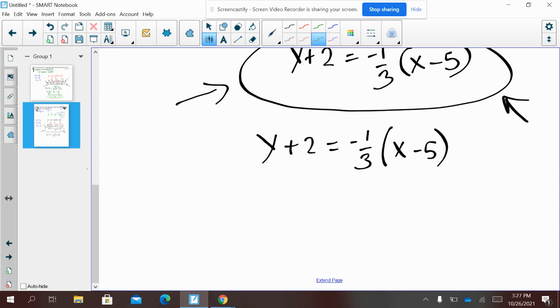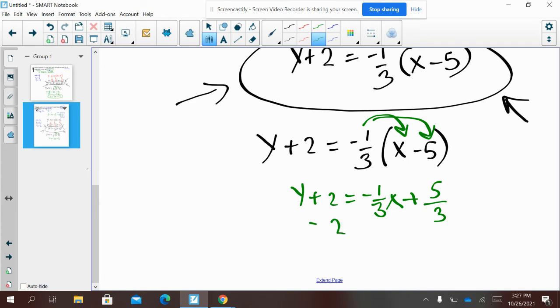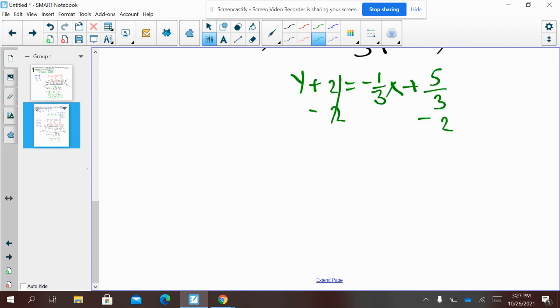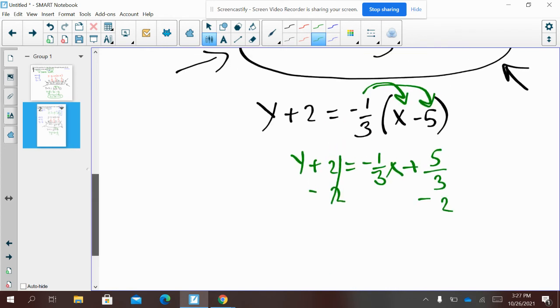So what I'm going to do is take this negative 1/3 and multiply it into the parentheses, getting me negative 1/3 x plus 5 over 3. Now, to isolate the y, I'm going to have to subtract 2. I'm subtracting 2 wholes. So I get,